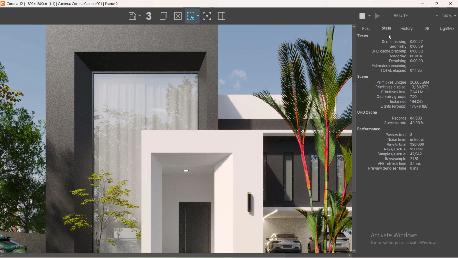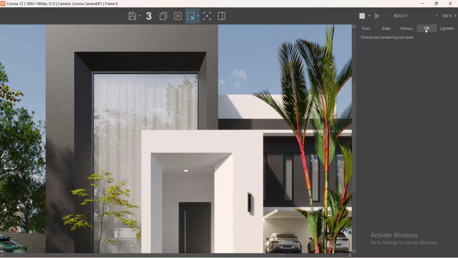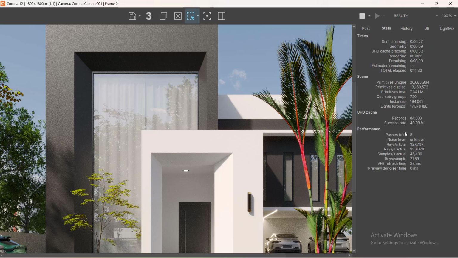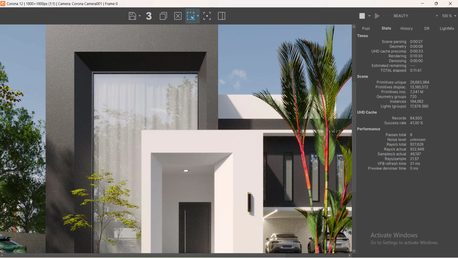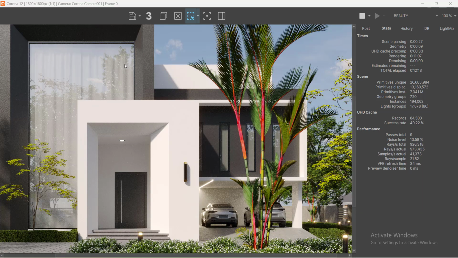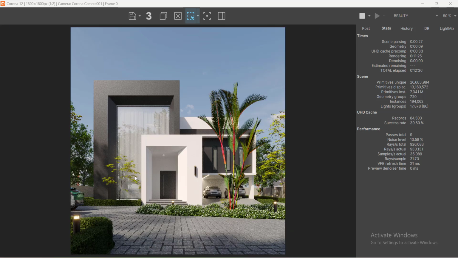So I can see that start here. But okay, that means we will need to get to 10 passes. When we get to 10 passes, we will see noise level, and I will tell you something about the noise level. So let's wait for it. So it has come, and you can see we have 10.58 noise level at 12 minutes render time. So the most important thing is, as the noise level reduces, that means the image is becoming cleaner,